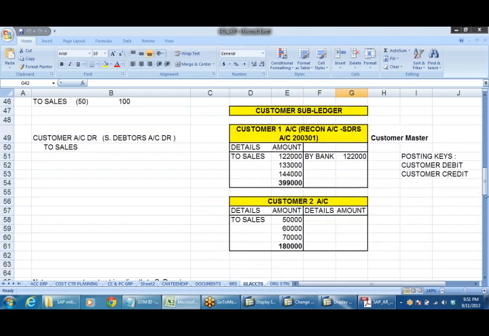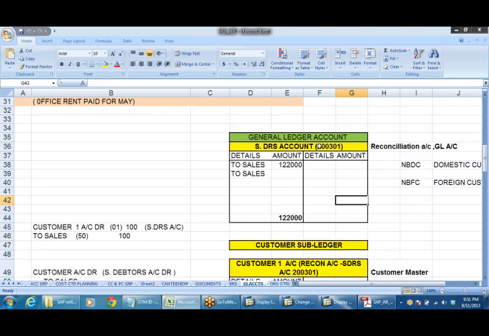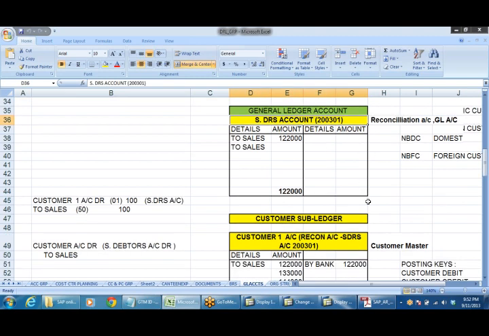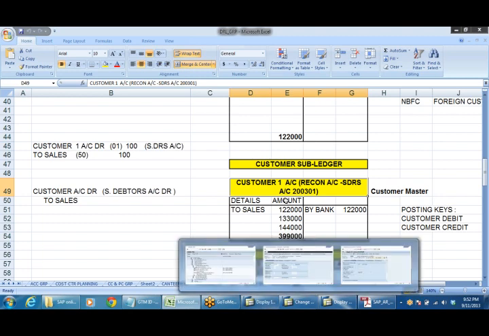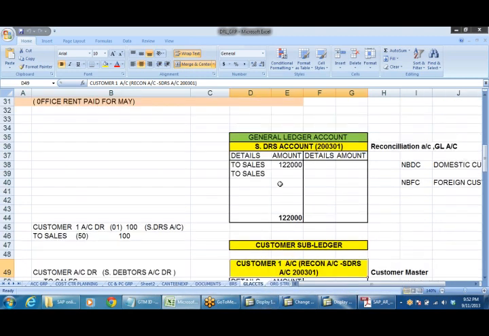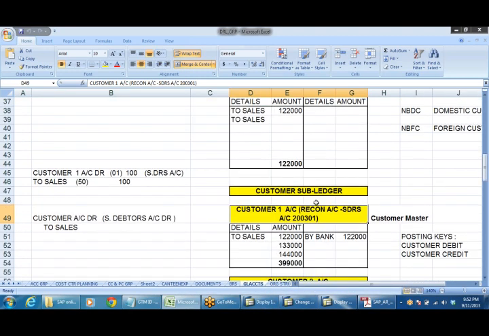Right, here we have already seen all these things. Sundry debtors account, and this is customer account. So this is each and every customer account, customer 1, customer 2, like that. Every customer account is linked to sundry debtors account. So like that, in customer account I have given,